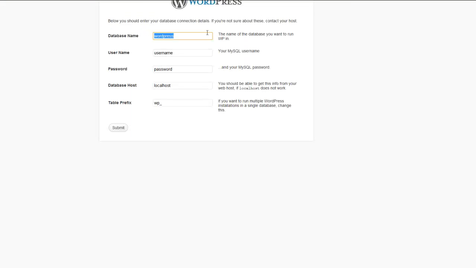So database name, pixels, grids, username, pixels, grids, password. I'll pause that and put it in a second there. Database host, right there. Table prefix, you can leave that alone. I'm going to pause this and hit submit. Okay, so there we are. Now it's all up to WordPress. So we just click run install,